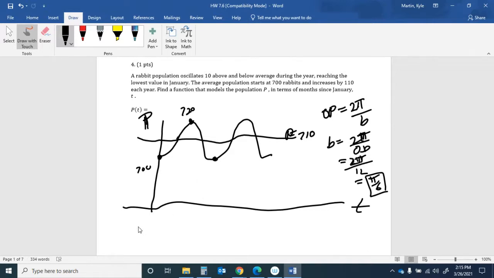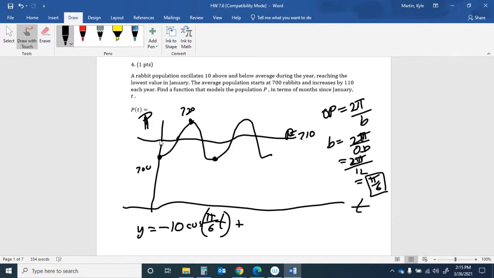So this is what we have so far: y equals negative, and then our amplitude is 10, that's what it oscillates above and below the midline. Down 10, up 10, down 10, up 10. So that's 10 cosine of pi sixth times t, where t is months,